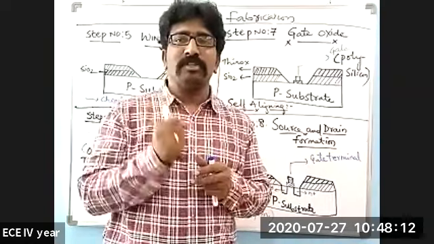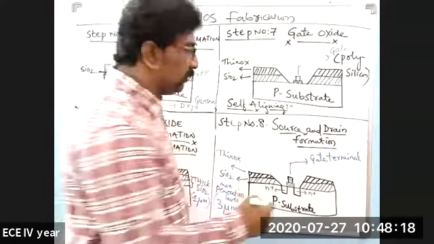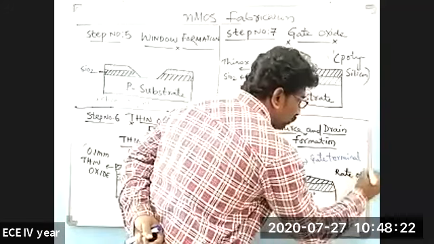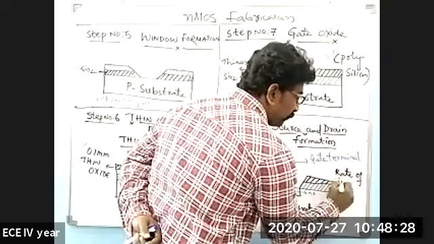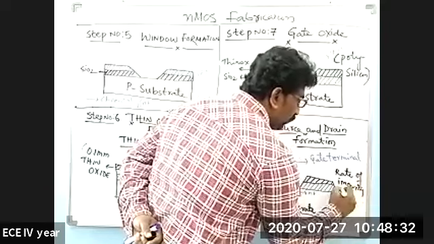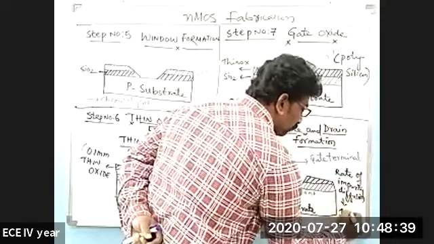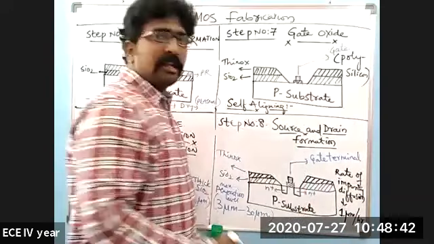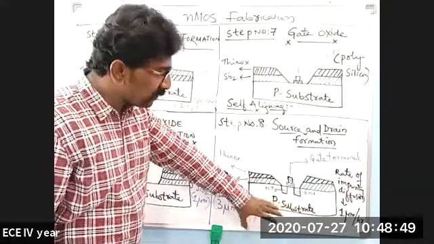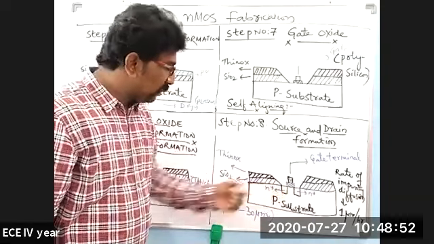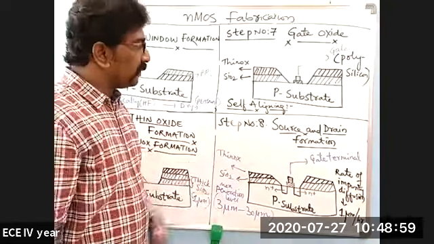That's nothing else but the rate at which the impurities are being diffused into the substrate, which will be like 1 micrometer per hour. You can name it the rate of impurity diffusion. The rate of impurity diffusion will be 1 micrometer per hour, and in this area of the substrate, the impurities will be penetrated to a maximum level of 3 micrometer to 30 micrometer. So these are the first 8 steps,